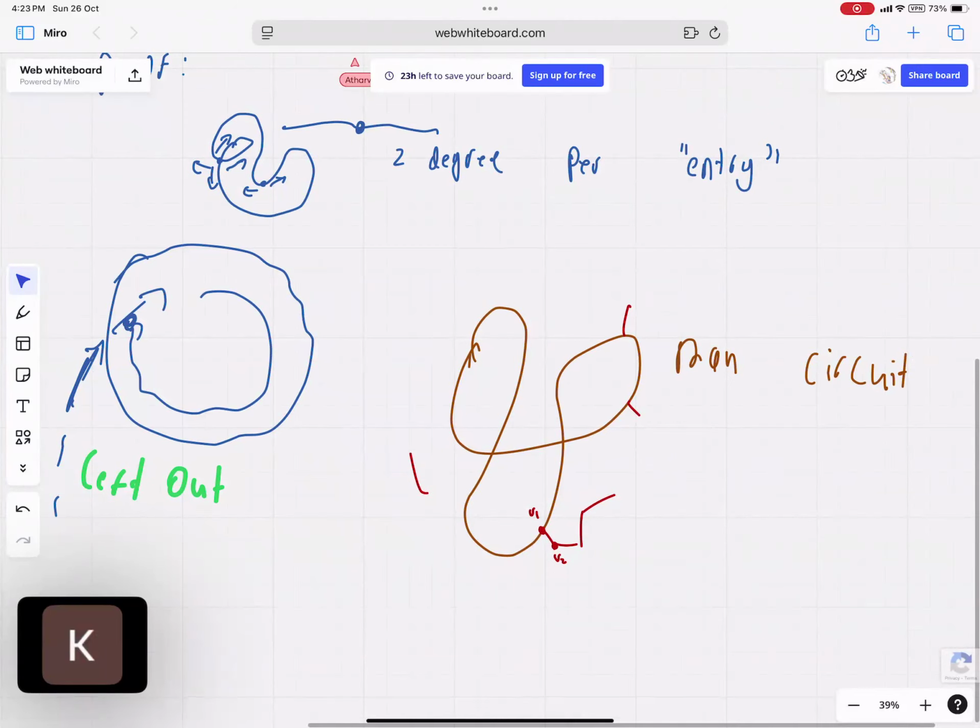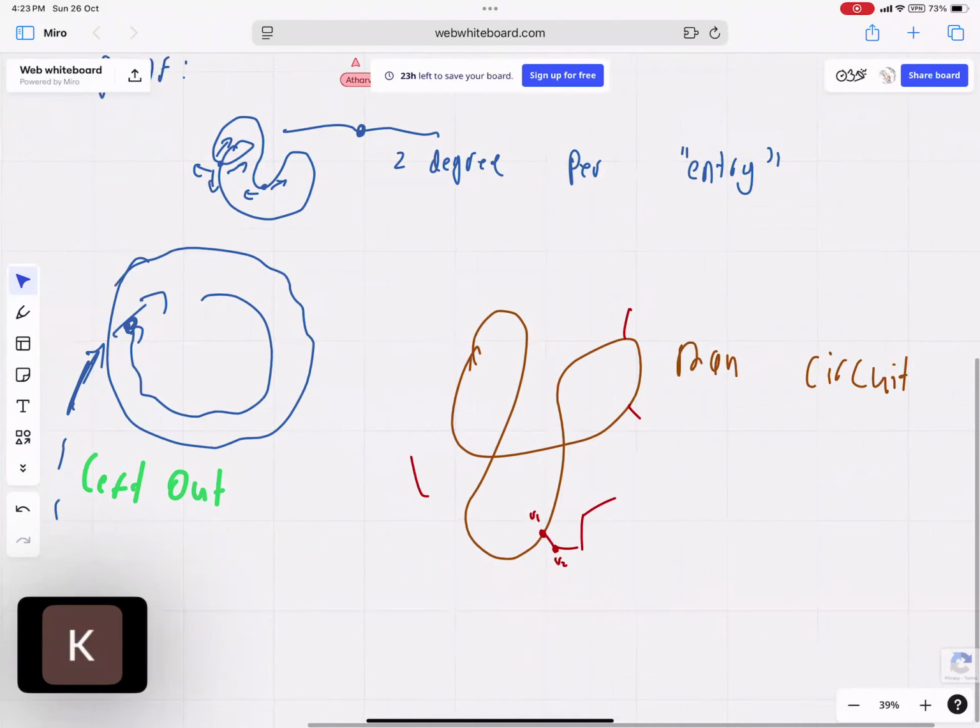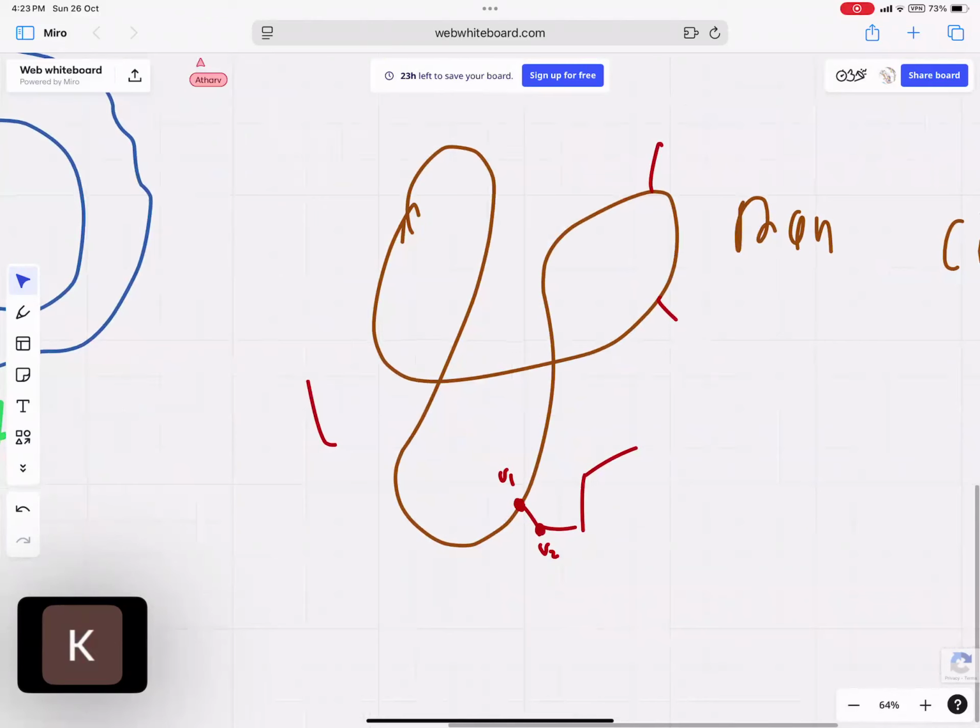Yes. Okay, and now since it has even degree, there is even degree inside the circuit and there is even degree total. So outside the circuit also there must be even degree. So if there exists a V2, there should exist another V3 as well. Okay. Now you can make this circuit